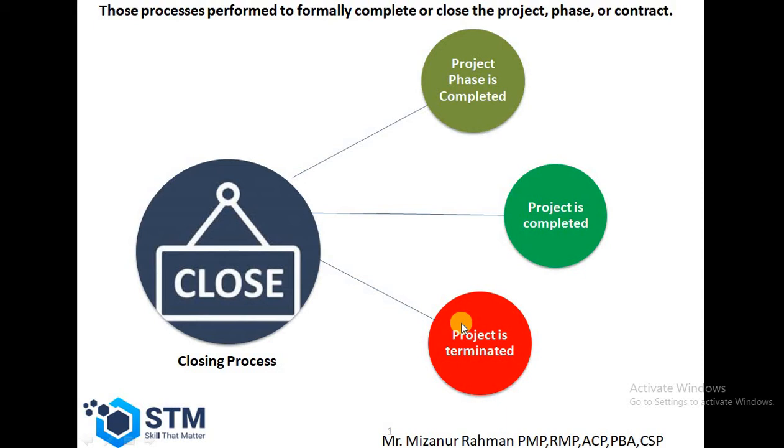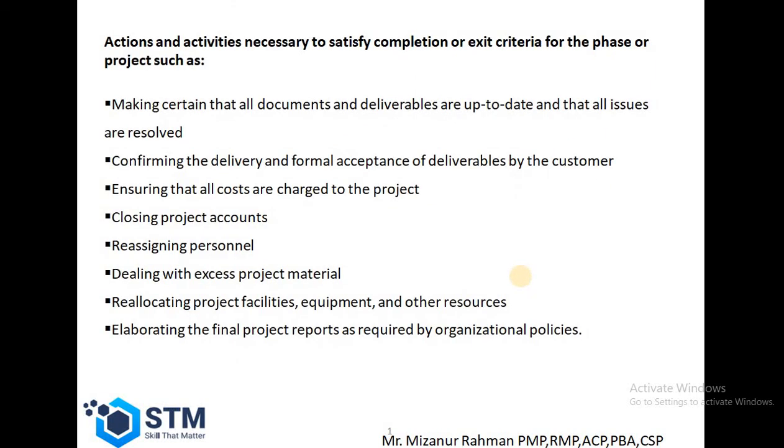So there are three reasons we can close the project: when any phase of the project is completed, when the project is fully completed, or when the project is terminated. These are the activities or actions that are necessary to satisfy the completion or exit criteria for the phase